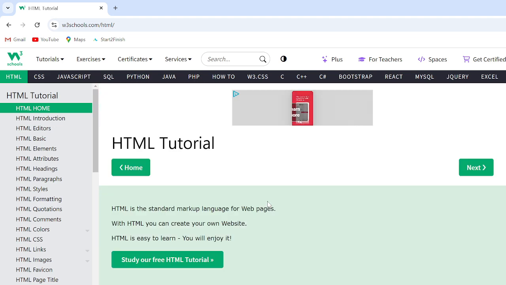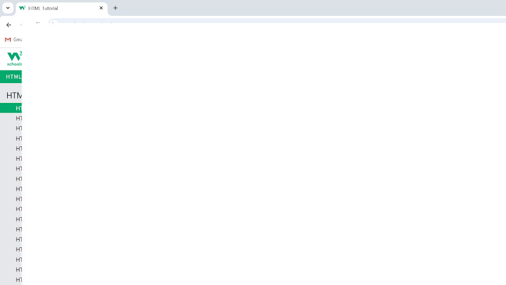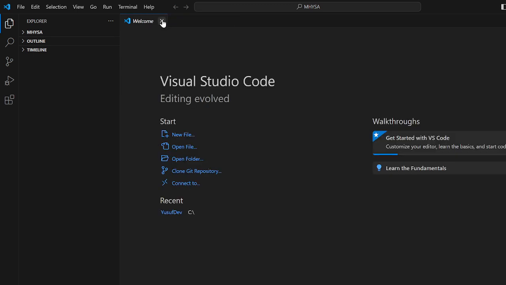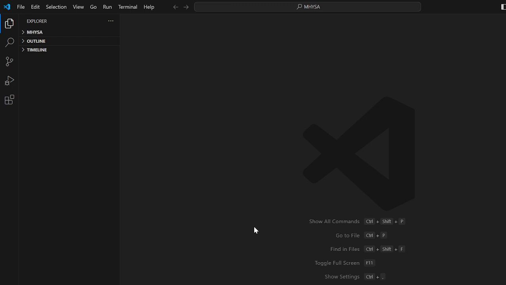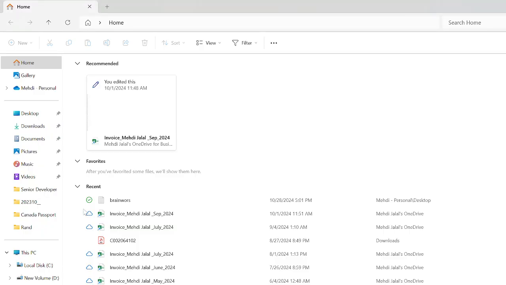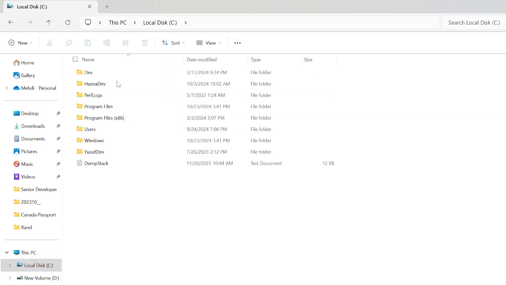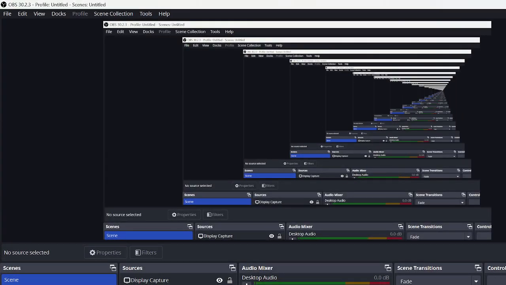So okay, once you install your Visual Studio Code and open your project, you can keep it anywhere, but I would prefer, for example, on Drive C. Go to your Drive C and create a folder, for example, dev. Okay, and